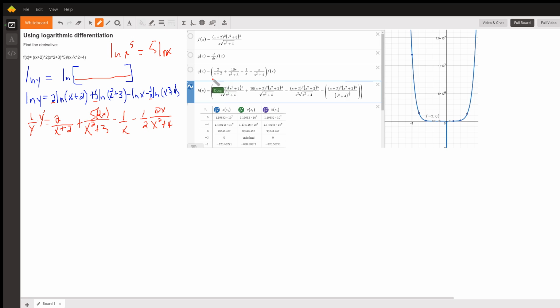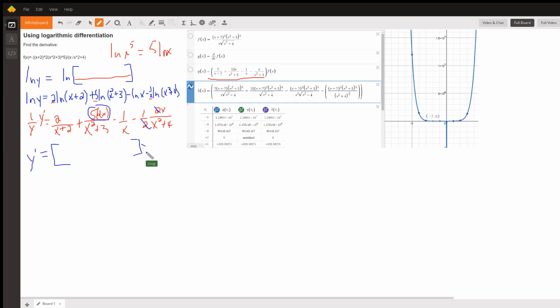Okay, and all of that simplified here. And whereas these 2's cancel out, I think that's actually the only thing that changes. And this 5 times 2x becomes a 10x. Okay, and now how do you solve for y prime? You multiply both sides by y. So in brackets, I've got this mess